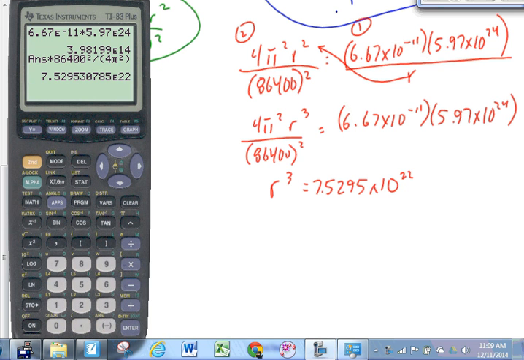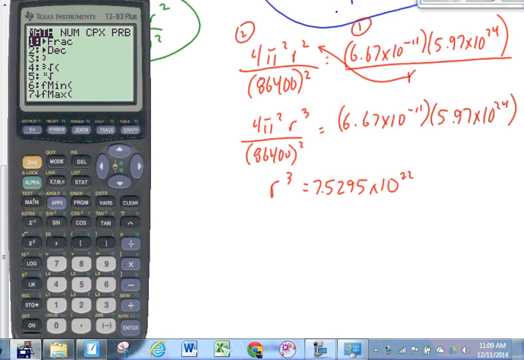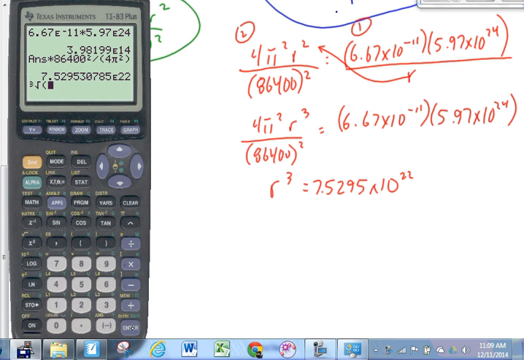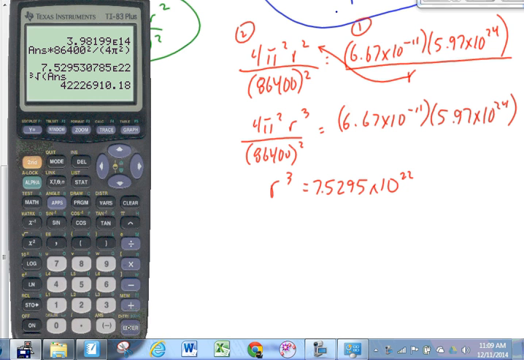Where's the math function? Math, and then number 4. You could actually use number 5 as well. That allows you to take the whatever root of it. That's a function you don't often use, so it's within your math functions. The cube root of the answer that I just got. You get